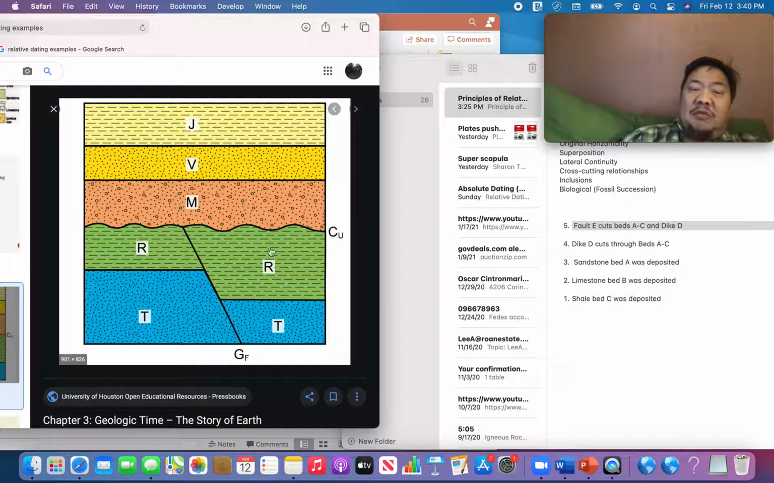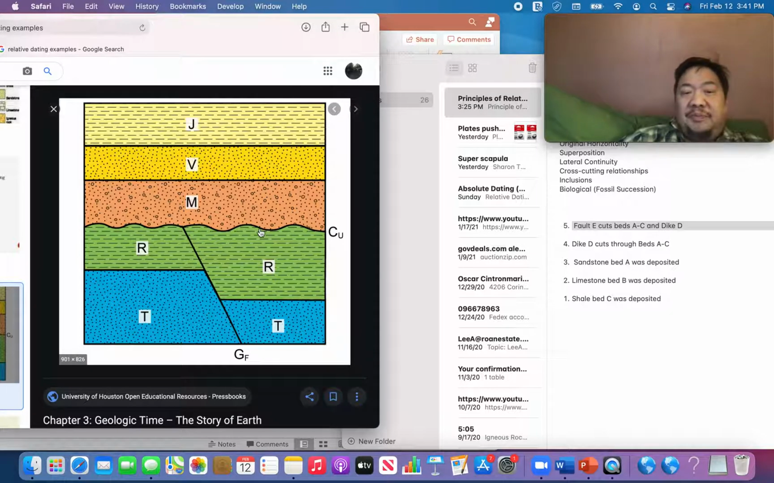Which of these beds is the oldest? T, R, M, V, or J? Bed T must be the oldest because of the principle of superposition. How about fault GF? Does it cut across beds T and R? Yes, it does. So this side moved down and this side moved up. So is fault GF younger or older than beds R and T? It's younger because it cuts across beds T and R. It doesn't cut across M, J, and V, so fault GF must be older than beds M, V,